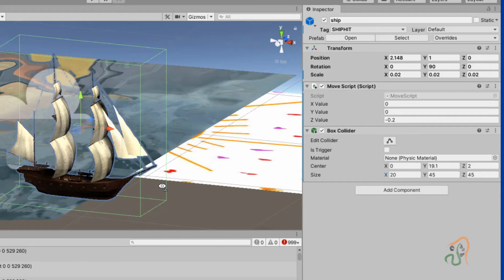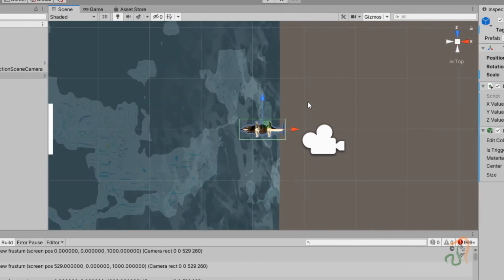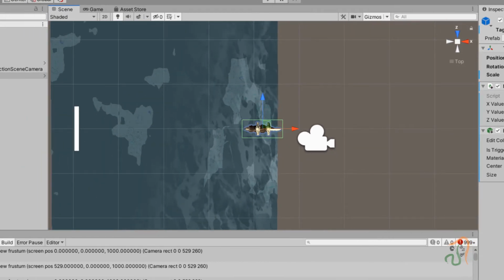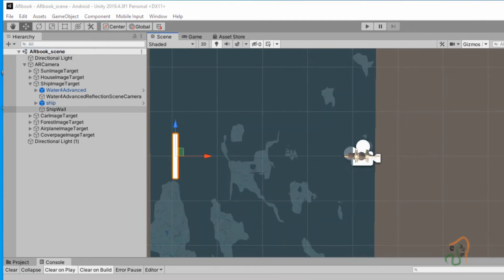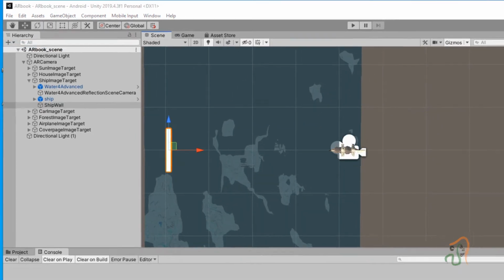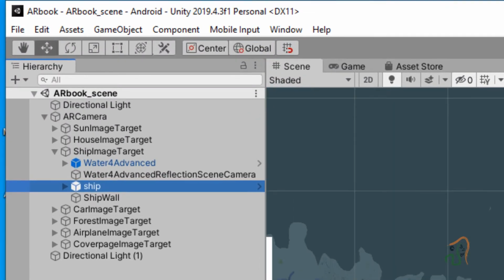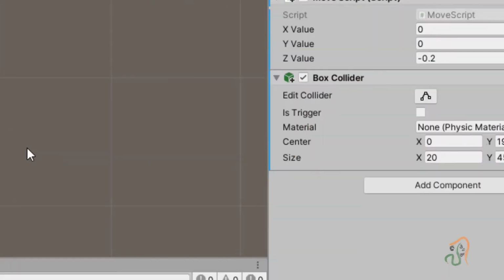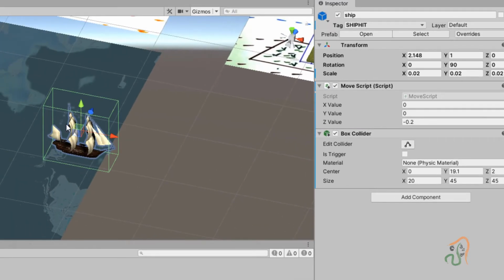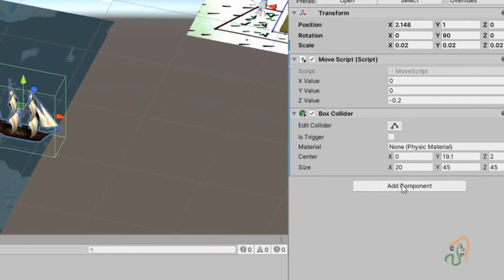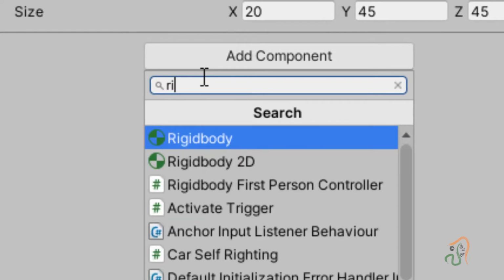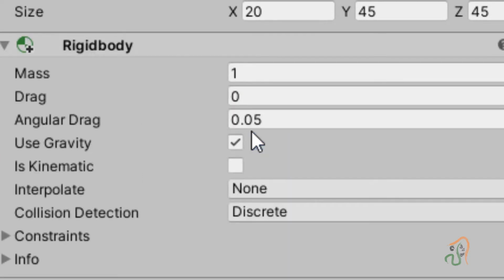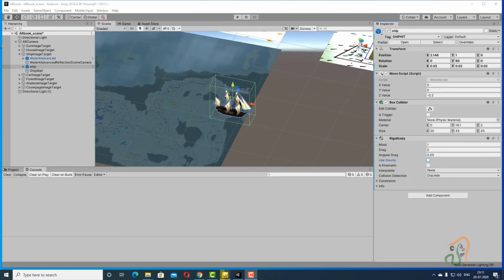After we have added this box, now come to top view. So we have the box here, we have the collider here. Now go to file and choose save. Now after this, with this ship object selected, where we have added box collider, let us add one more component. Click add component, and now type rigid body. Add rigid body, and in rigid body you have use gravity. Uncheck this option. So after this, now let us come into the scripting part.